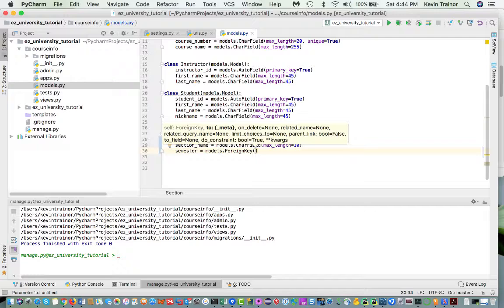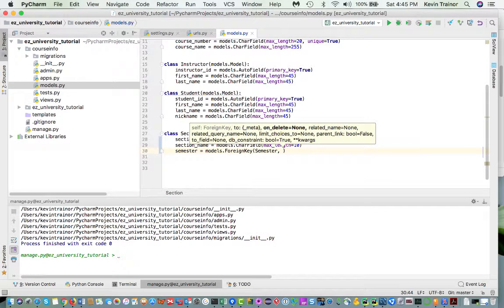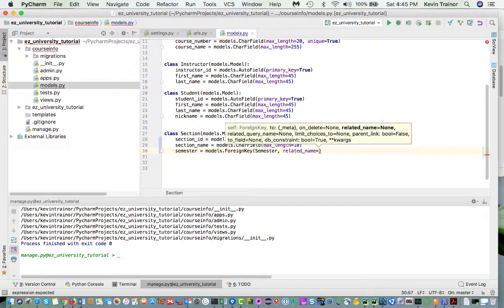Well, we're pointing at semester, so we put the name of that class there, and a comma. And it turns out we want a name that can be used on instances of the semester class to point back at the sections. And so there's a named parameter called related_name